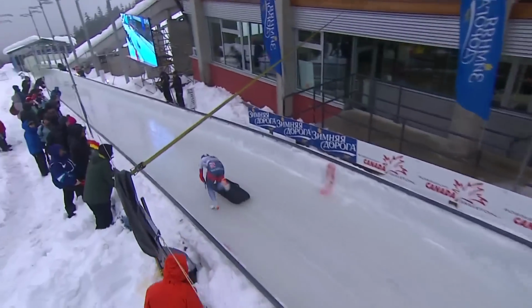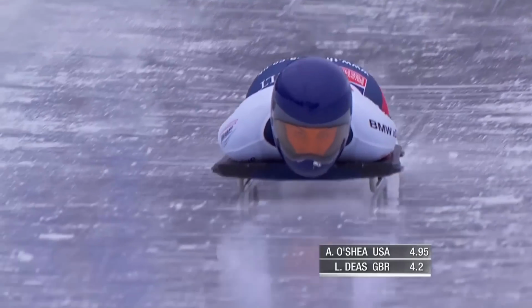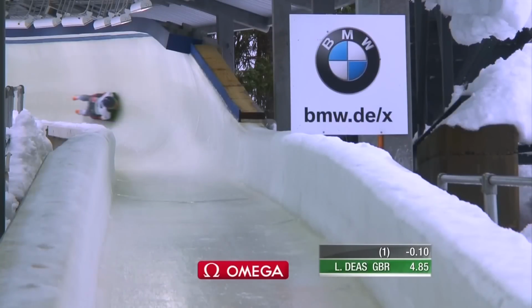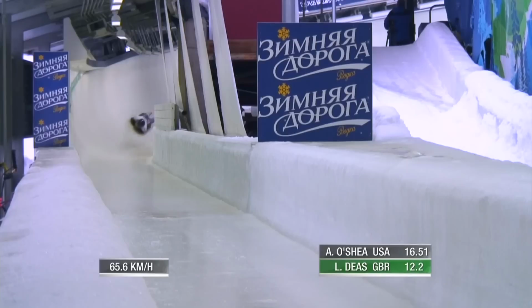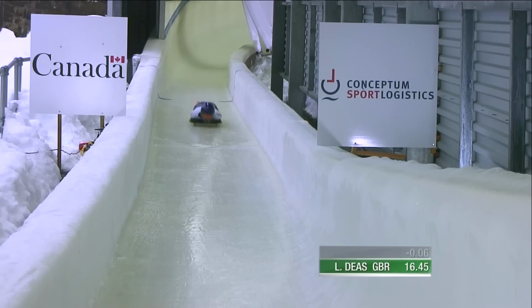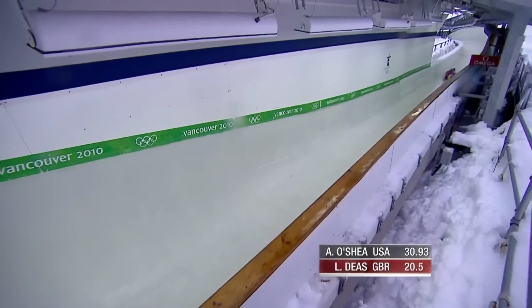4:85, the start record set in November last year by Mimi Reniver of Canada. 4:85, she ties the record. You know, you say, what athletic background does she come from? Track and field, what? No, equestrian. She never was in a gym in her life until she came into the sport of skeleton, and